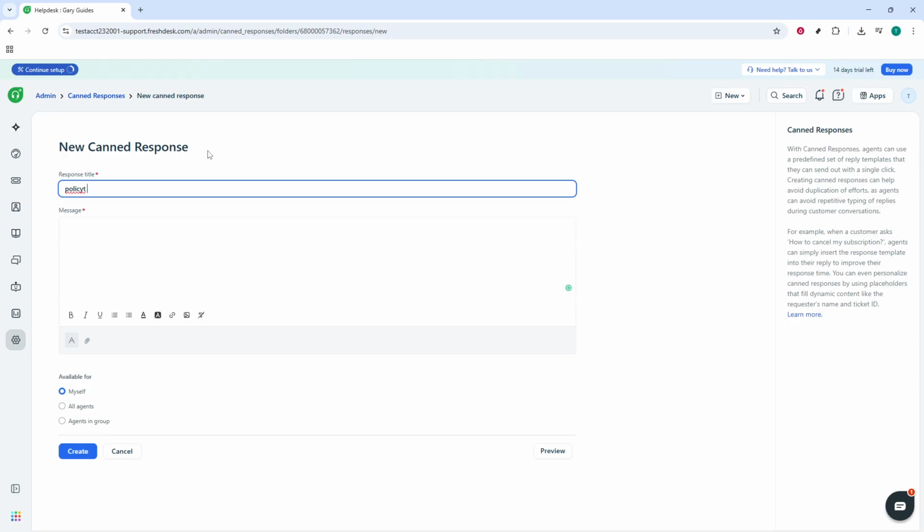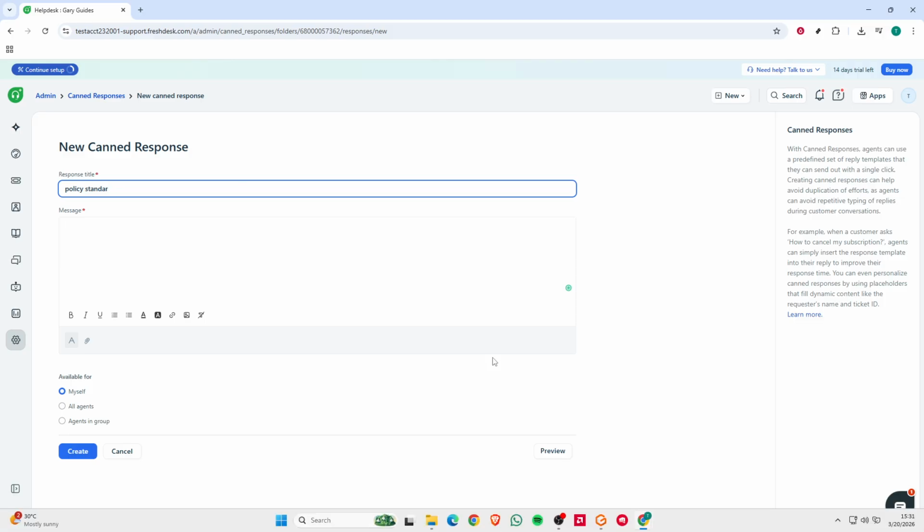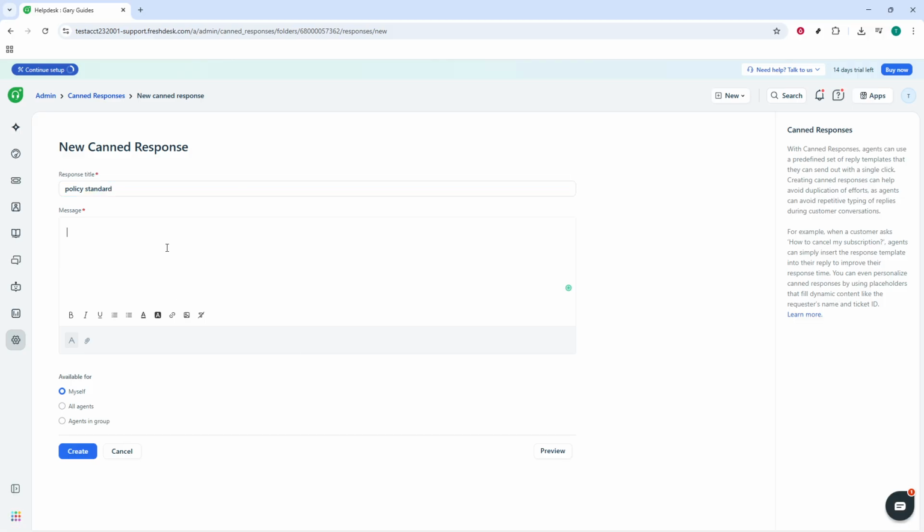In the message area, draft your response in a friendly, professional tone. Keep it specific to a single scenario so agents know exactly when to use it. You can format text, include links, and write short, scannable paragraphs. If there are parts that change per ticket, don't hardcode them. Use placeholders instead. To personalize automatically, click the bracket or plus icon to insert placeholders like